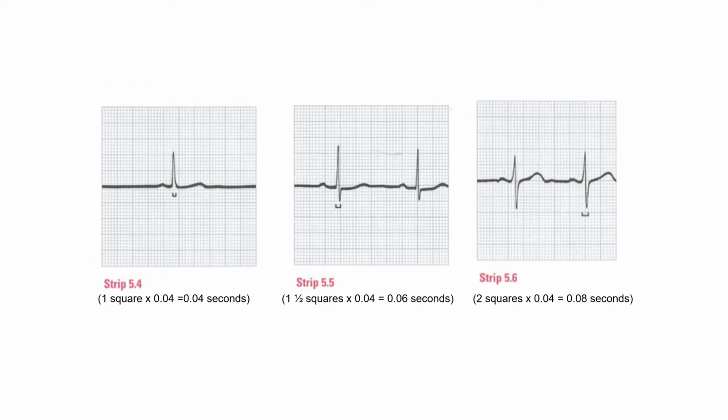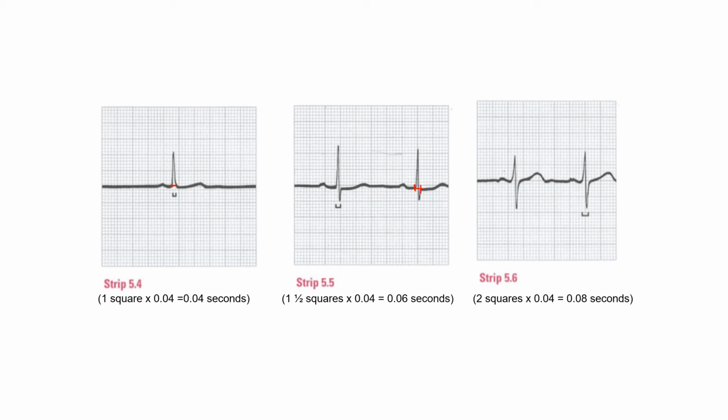In 5-4, it's very small, so it looks like you don't have a Q wave or an S wave, so you just have a little 1 box. So your QRS is 0.04. In 5-5, you're measuring from the beginning, and you have your S wave, so you have about 1.5 boxes actually, and that equals 0.06. So you can do half boxes. So if it's not 1 and it's not 2, it's 1.5, then you would say it's